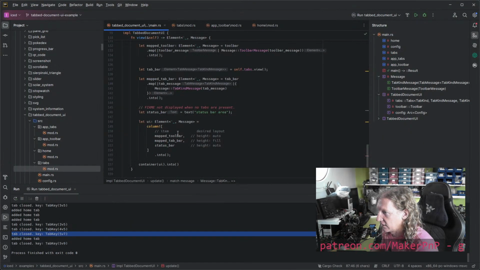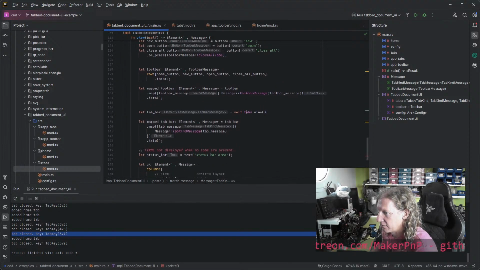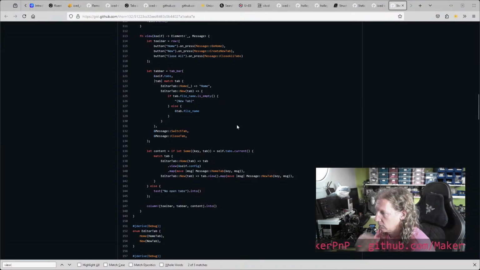Okay, let's look at this. So this is how we render our tabs. We call view on it. This is interesting,